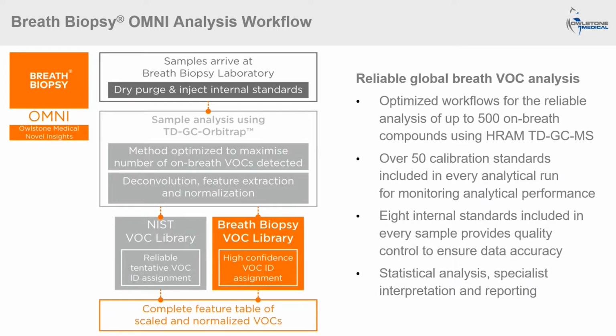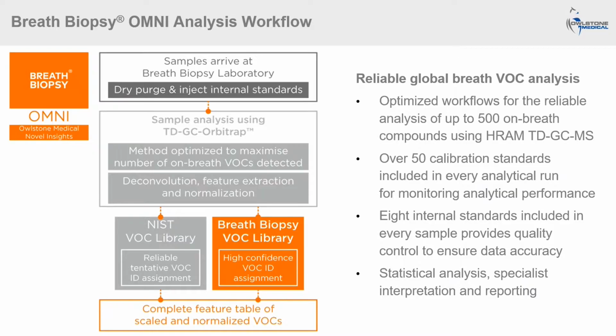So this slide talks through that in a little bit more detail. Samples arrive at our lab. We do the dry purging to drive off the moisture, inject internal standards. Those samples are then stored until we need to analyze them. They then run through the thermal desorption GCMS analysis, profiling somewhere in the region of about 500 or so on-breath